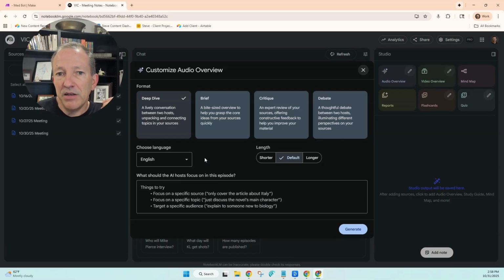But this is another way, if you really want to keep on top of what's happening across these meetings, you can transform it from a text summary into an audio overview and take that with you. There's so many ways that you can leverage and apply this to your professional life as well as your personal life. Now, the last use case I'm going to show you is one that I'm really excited about because I